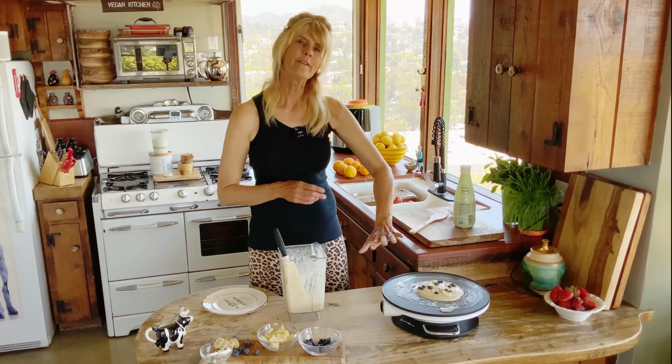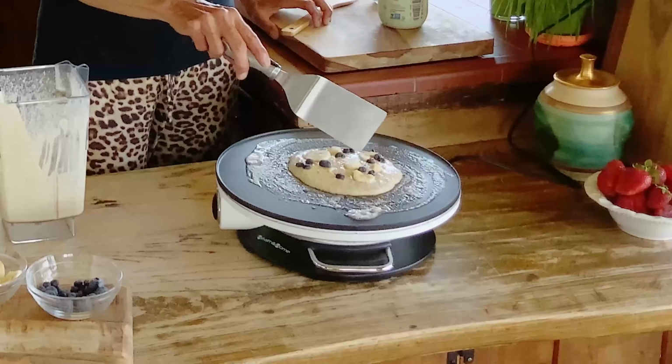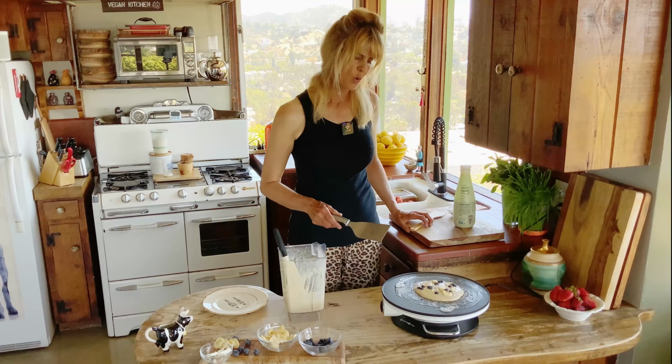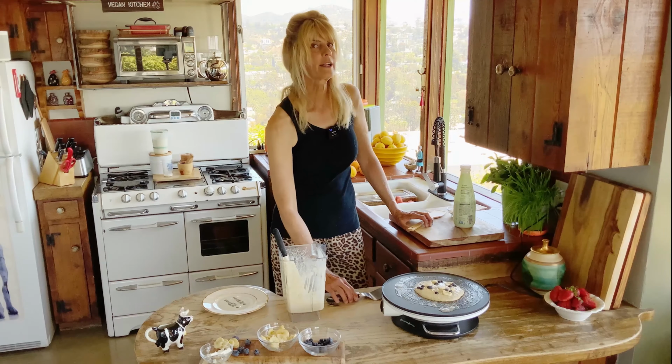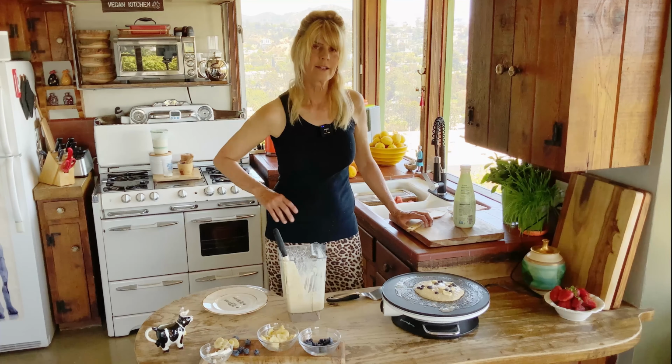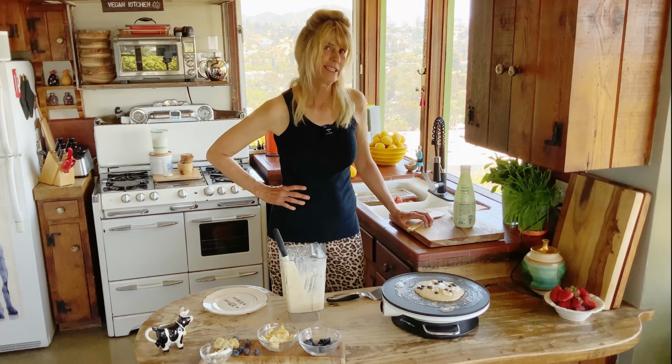Now you just wait for the top to bubble. See how they're starting to get little bubbles in the top? You want to see it much more like that. It really is better to let them cook more than you think, because otherwise they break and it's really